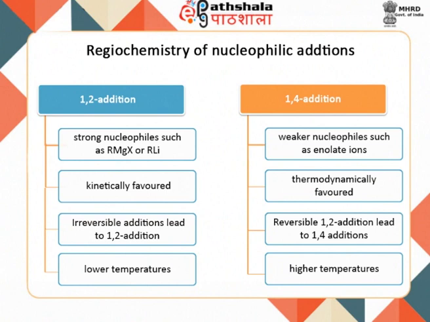Stronger nucleophiles are poor leaving groups, hence difficult to eliminate from a 1,2 addition product. If irreversible, then 1,2 addition predominates. If reversible and allowed to run for more time, then the 1,4 addition product will predominate, as it is more stable and thermodynamically favored. Also, if performed at lower temperatures, the kinetic product, that is, the 1,2 addition product, predominates, while at higher temperatures, the thermodynamic product, that is, 1,4 addition, prevails.